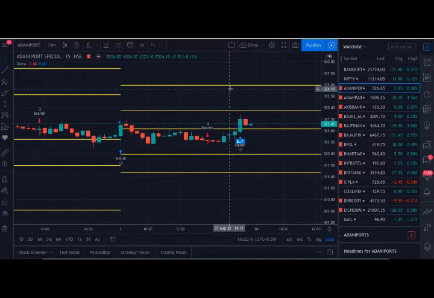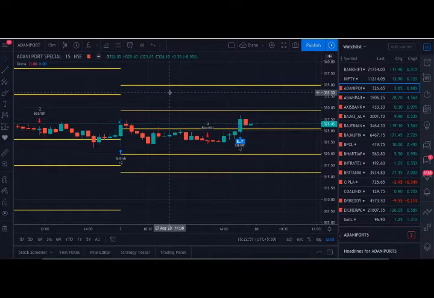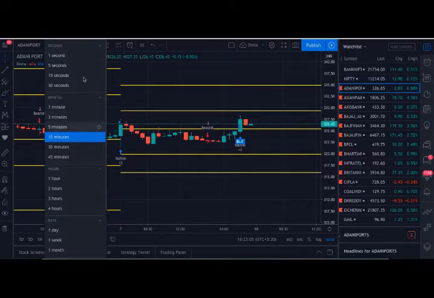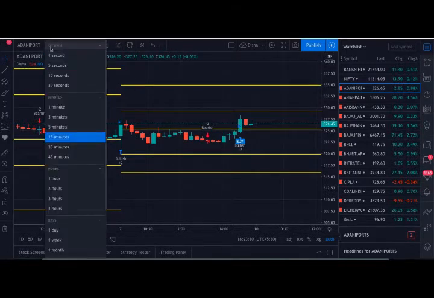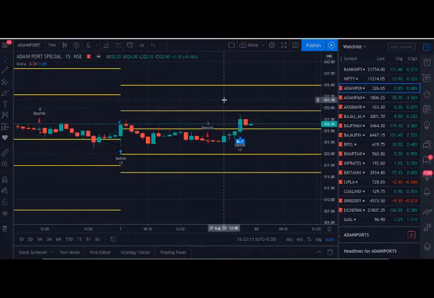Okay, we are back to the charting platform again. Before telling you the steps to follow, I will give you a few points to note. First thing, for trading using Disha, you have to follow the time frame of 15 minutes. Just check whether the time frame is 15 minutes or not here. If it is not 15 minutes, just click it as 15 minutes. Simple. And this indicator was made for Nifty 50 stocks, not even indices like Nifty and Bank Nifty.